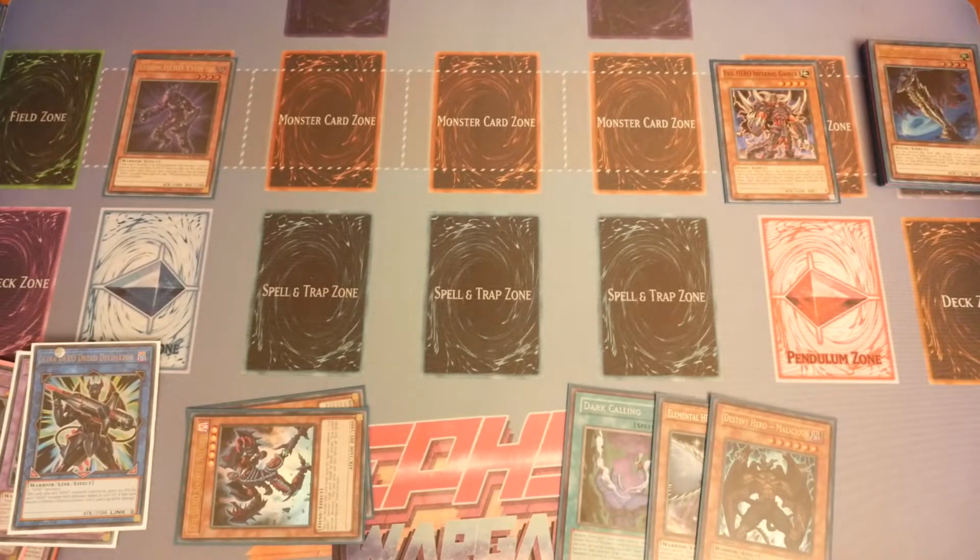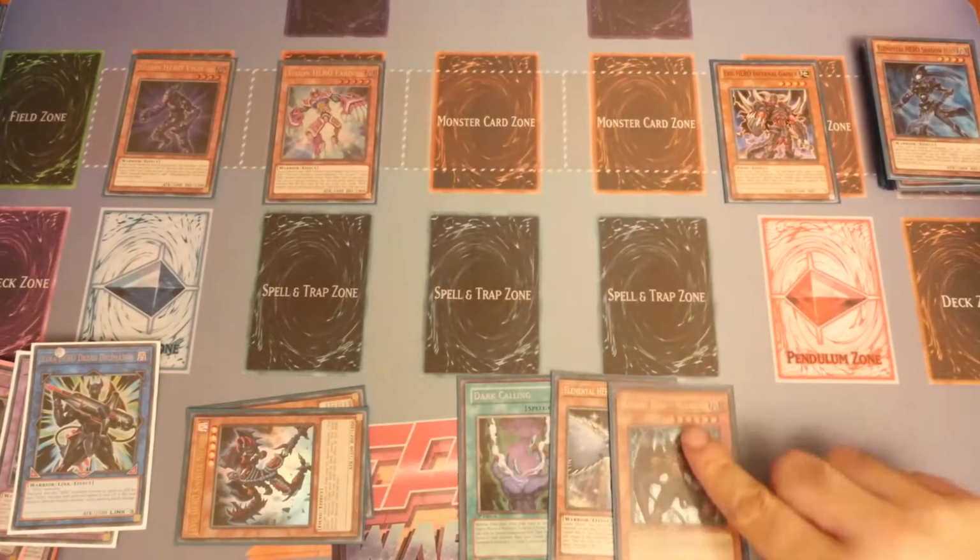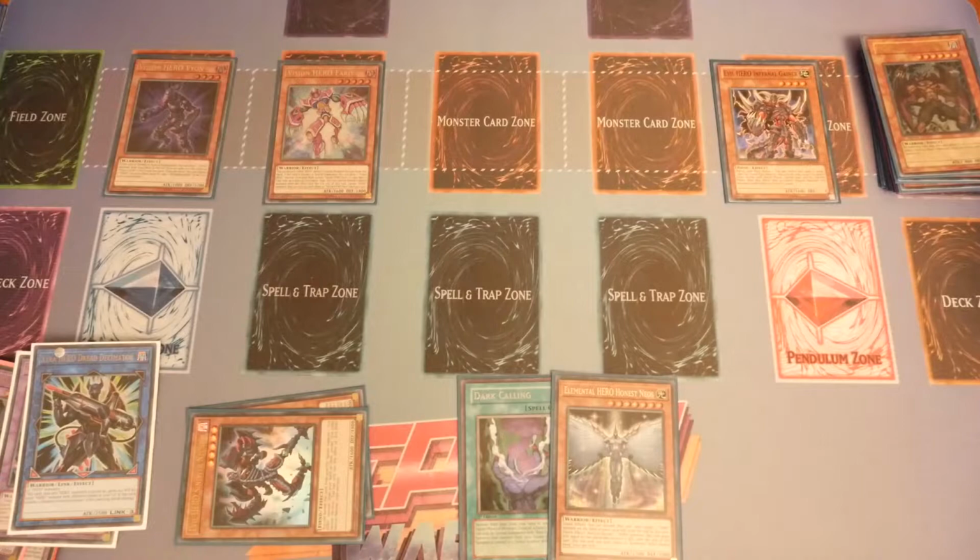So I'm just having a look at the best options. We could search out our Faris. So we send this. We just need to extend our board. We just need to get monsters on the board. So we're going to have our Faris. Faris can then use his effect to send that to the graveyard, and then put our second Increase,